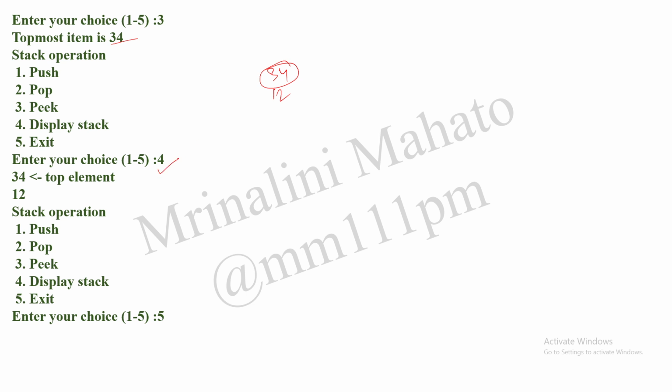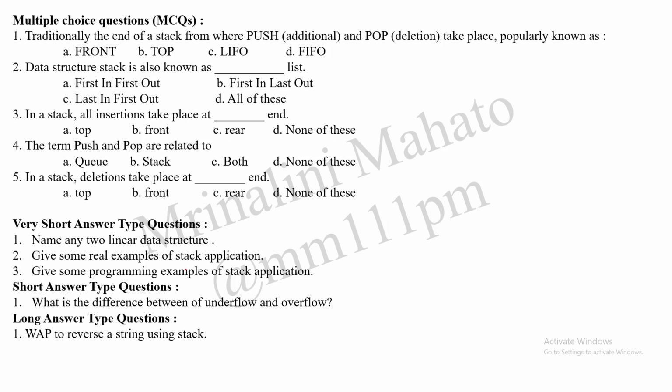Now I have given choice 4. So 4 means display the stack. Look, 34 is the top element, then afterwards 12 it will display. Now stack operation again, I have written 5. 5 means break, that means totally exit of the program. So this is the program implementation in Python, and I have already implemented it. Just pause the video and write the program, and then afterwards you should